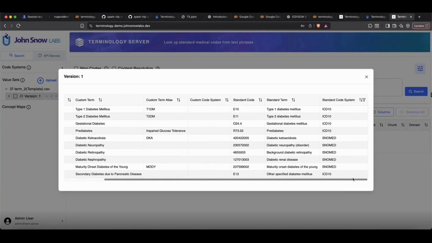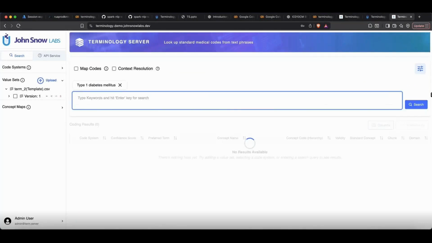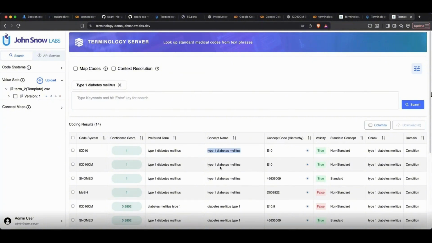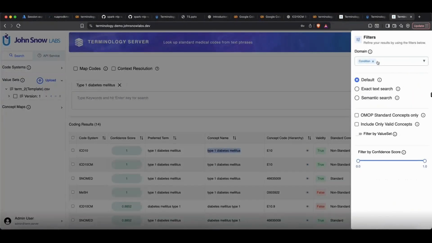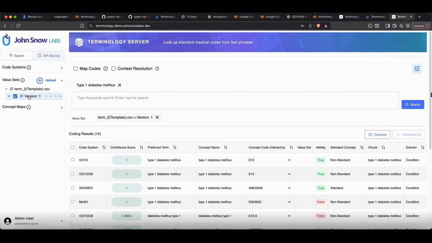So for example, if we search this particular chunk, we get type 1 diabetes as an output, and then we can filter it by the value sets. Do I have some filters? So let's remove this. You can click it from here. This is the version 1. You can also upload more versions to it. And when you just click the value set feature and click on search,